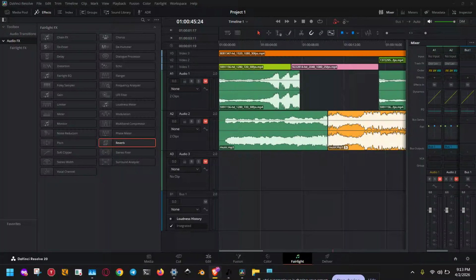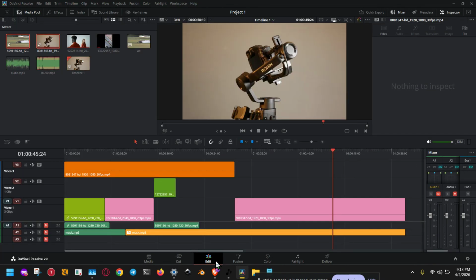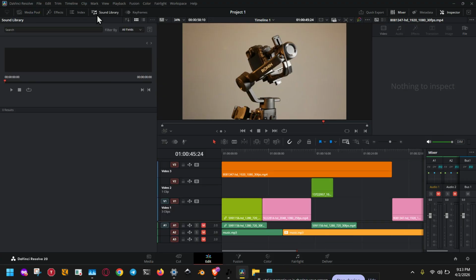If you're working in DaVinci Resolve 20 and you need to change how an audio clip is interpreted, this quick tutorial will show you exactly how to use clip attributes. This is one of those features that can save you a lot of time when a clip is coming in with the wrong channel setup, or when you need to reassign audio to mono, stereo, or even a surround format